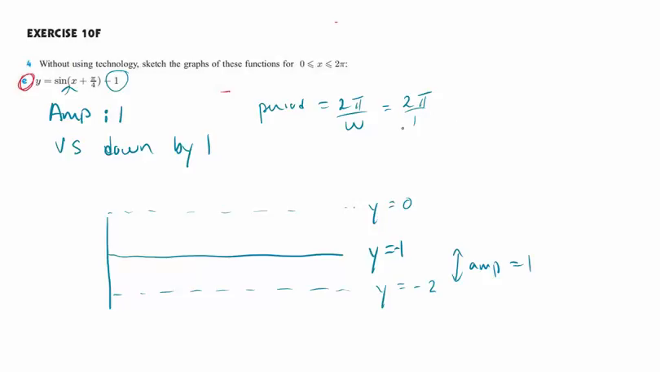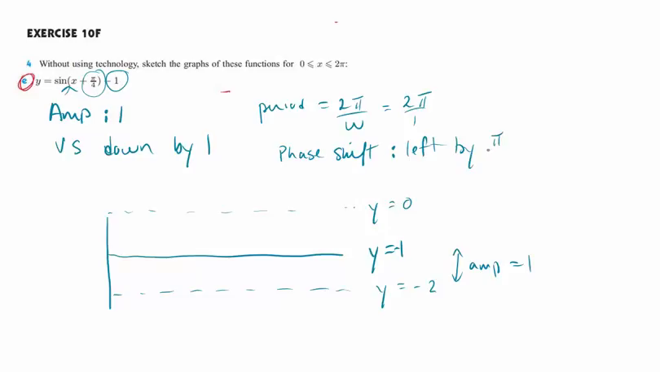What has happened, though, is that we have a phase shift. And that phase shift is identified by this plus pi over 4. So remember that anything inside with the x is the opposite. So it's really going to go to the left